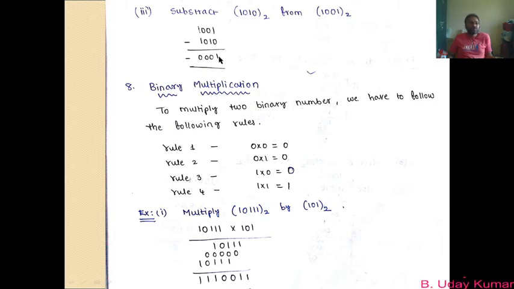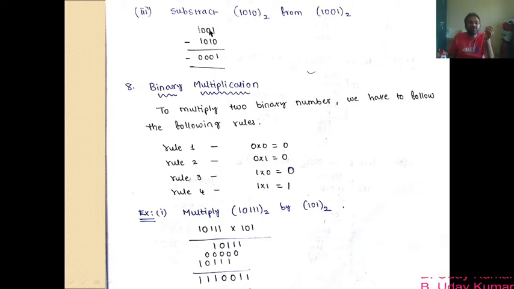1 minus 0 is 1, there is no problem. But 0 minus 1 is actually how much? 1. But you have to borrow something from the next higher order column, and there is nothing here. Of course there is a 1 in the fourth column, but the digit present in the subtracting term is also 1 there. So there is some inconvenience while subtracting this number from this one, right?